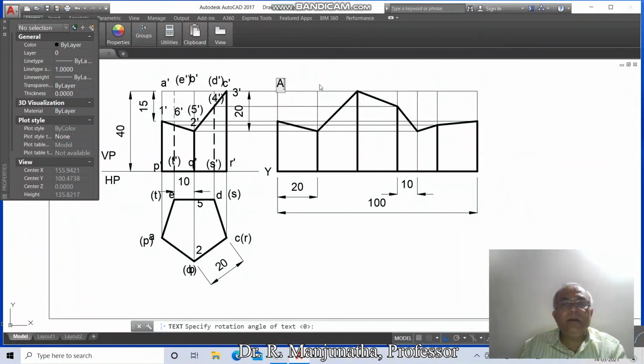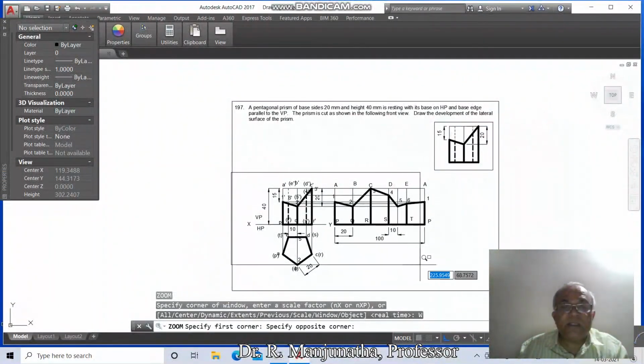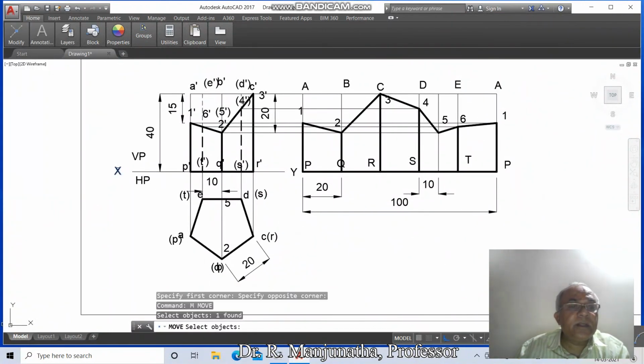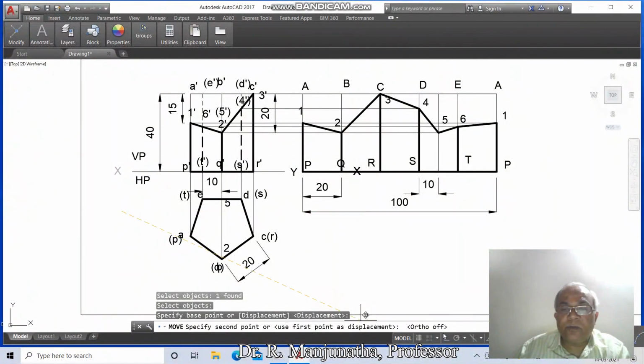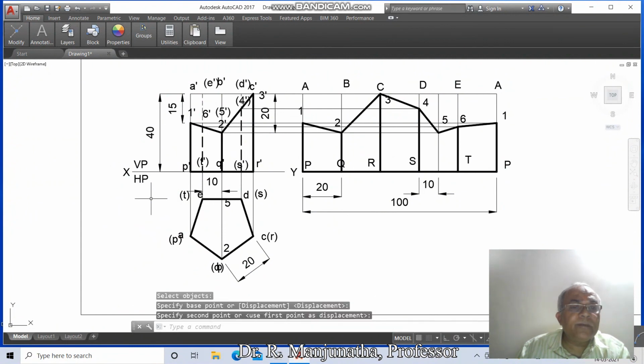here put the caps lock on, A, B, C, D, E, A, here it is P, Q, R, S, T, P, here it is 1, here it is 2, 3, 4, 5, 6 and 1. So all these things are over, then go to zoom window, select this near to the screen and then go to move, switch off the ortho mode, then move X, VP, then HP, then Y,